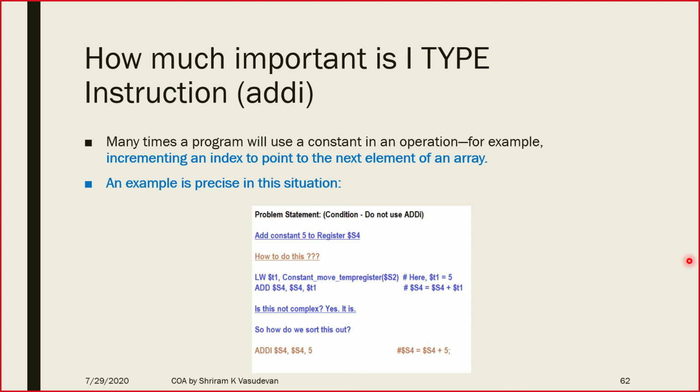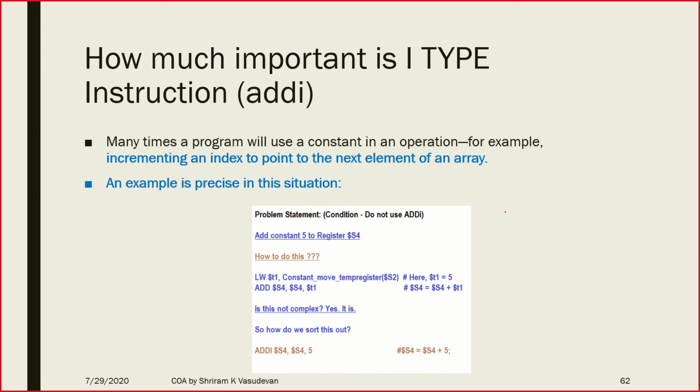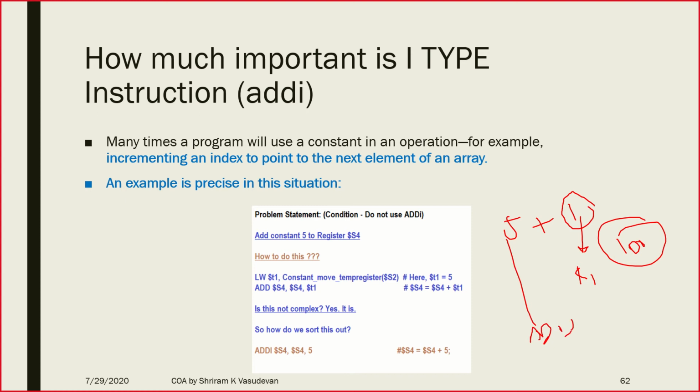For an instance, I'm going to show it here. Let me use the pointer. I have got some value, say 5. I need to add 1 to it. Assuming that we do not have any instruction for immediate operations, I will first have to load this from the memory into the register, say R1, from some memory location, say 100. So I will do a load word operation. Once it is done, I'll have to then add 5 with 1. That's it. This is how I do it. And this is complex. This part is not required at all.